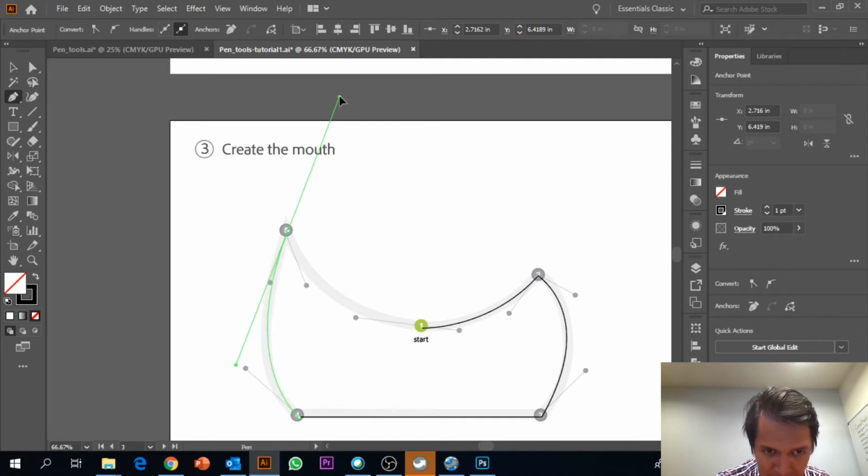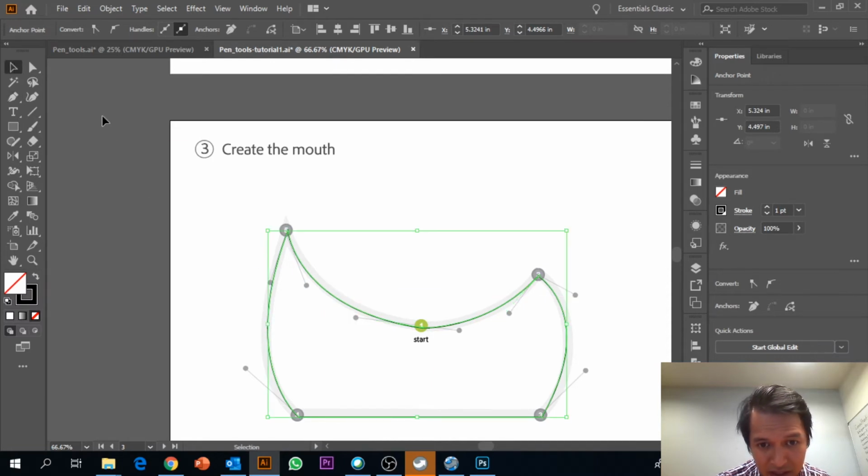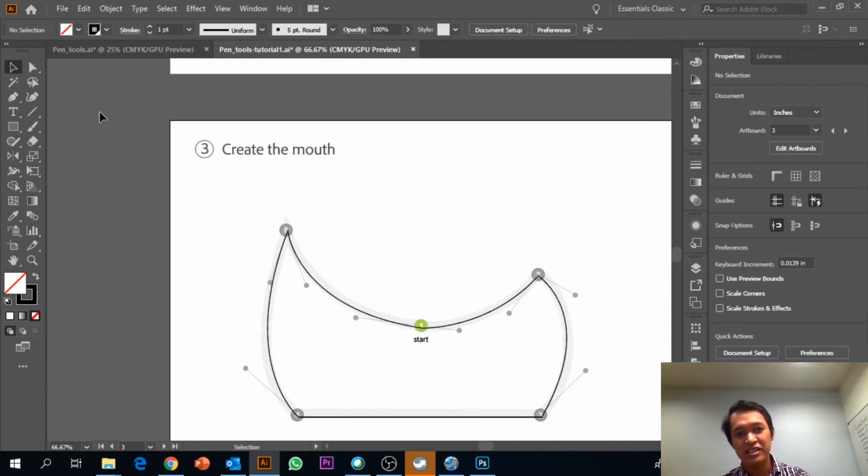Okay, make sure you get the good lines in the middle. Click over here, delete the anchor point, and click and drag. Close the line, click and drag until you get a very nice curve over there. Alright, so now you have nice lines going through that you were able to create the mouth of the